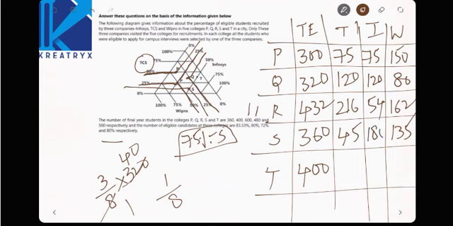Yes, we are right. Now for T, observe for T. Infosys is 50%, the same, so 200 members must be in Infosys. Again, observe here for Wipro, 1/8 means 50 members. Now 250 are over, 150 must be for TCS. So this is the table. Now once the table is over, the remaining calculations are very easy.